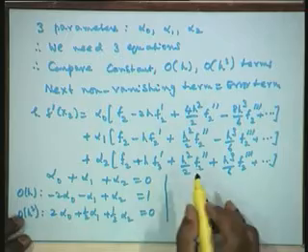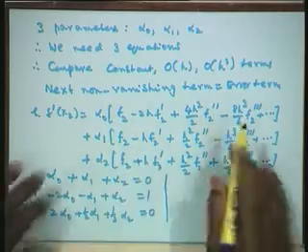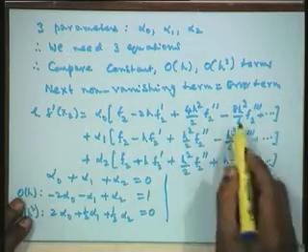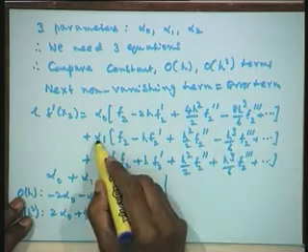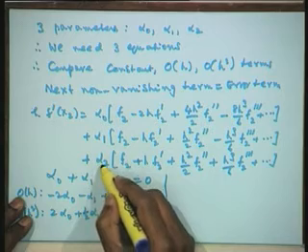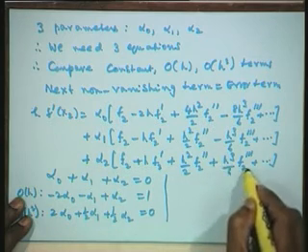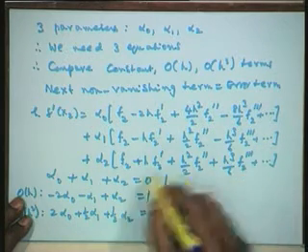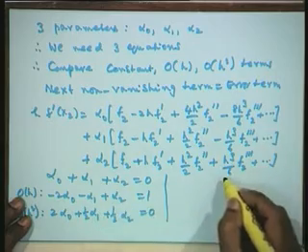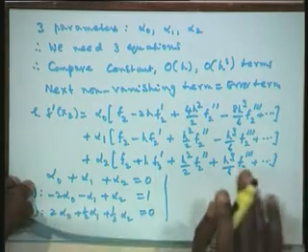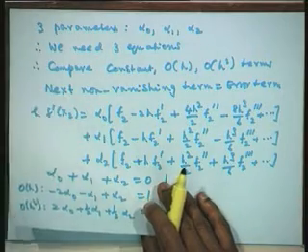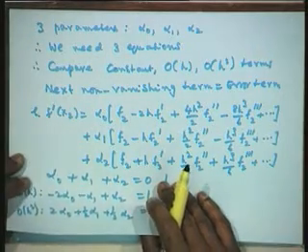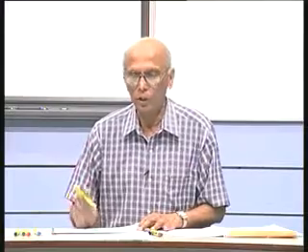Now, if you look at the error, the error would be the next non vanishing term, which is -4 by 3 alpha naught - 1 by 6 alpha 1 + 1 by 6 alpha 2 into h cubed f2'''. So, we can substitute the values of alpha naught, alpha 1, alpha 2 in that and then write down that this is the error in this particular formula. Therefore, given any particular formula which is required in a particular application, one can use the Taylor expansions, determine the parameters that are there and then find out the error expression also.